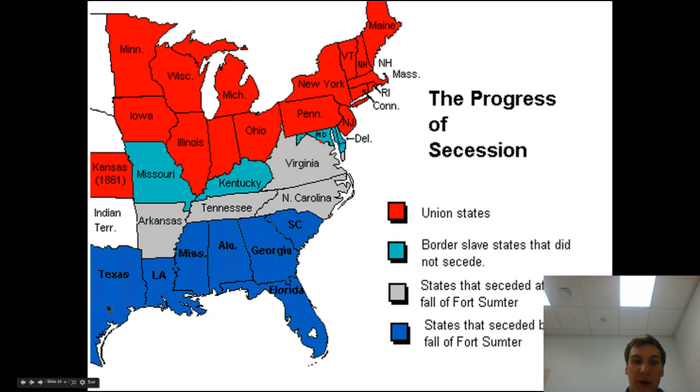So first, you had only a few states that did it right here, just the ones in blue. They were the first ones to secede. And then they actually had an army that they used to attack a place called Fort Sumter. And that was really the first battle of the Civil War and the Confederates won. They beat Fort Sumter, they took it over, and then as soon as that happened, then Arkansas, Tennessee, North Carolina, and Virginia all joined those southern states and seceded from the Union. And then you had these states here, Missouri, Kentucky, and Maryland, and Delaware, which were in the middle. That didn't really happen. But then all these ones up in here, these were the northern states. They had their own country still.